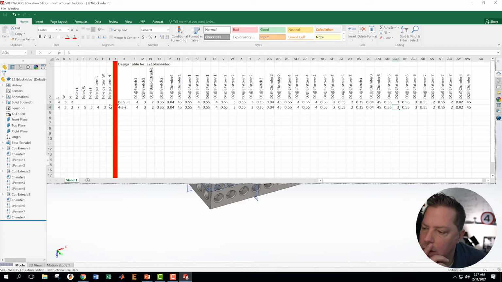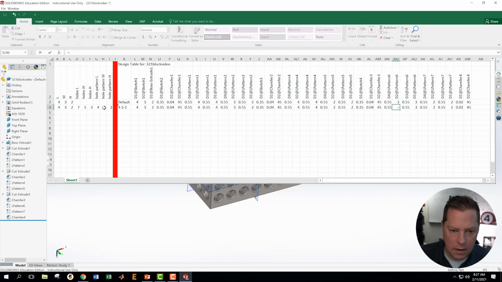Okay, and then what is this one? Okay, yeah, this is the other face we got to do. So this is the pattern in the W direction. This is also the pattern in the W direction. And this is the pattern in the H direction. And since we did that from the center plane, there's 2 patterns that we have to do, and that's the other one. Okay, great. So the reason why we did that is because it allowed everything to be controlled by